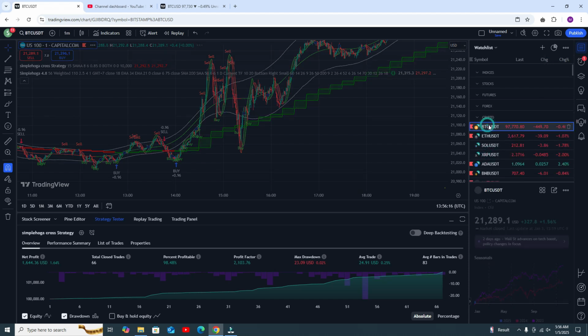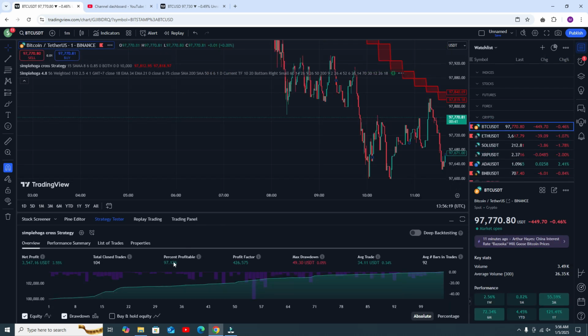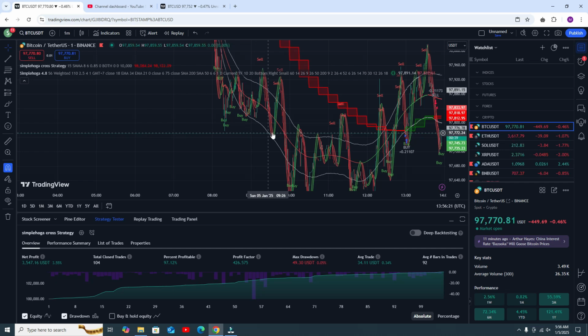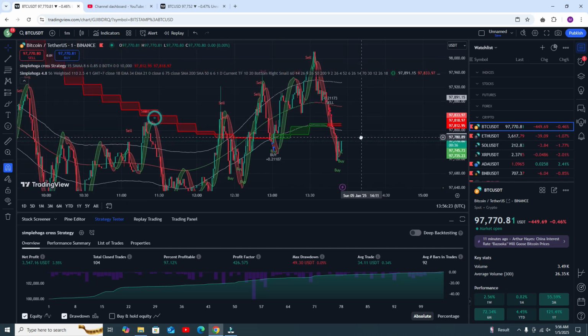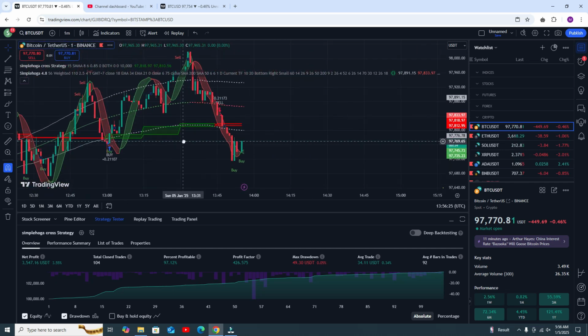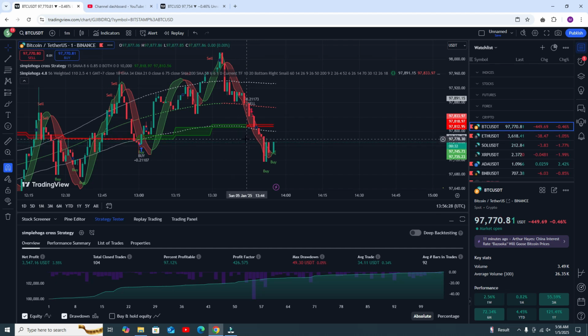In BTC you are getting around 97% accuracy. Okay, and this is the most essential signal. Here you can see the important thing, and that is a good thing: the signals come on time, the signals will not come delayed, and are 100% non-repainting. So when you got the signal, now do you need to go for the sell trade from this point? No, we do not need to go for the sell trade at this point, never.